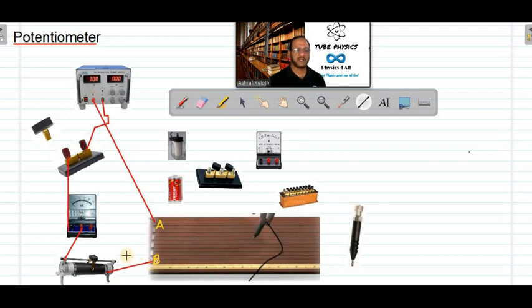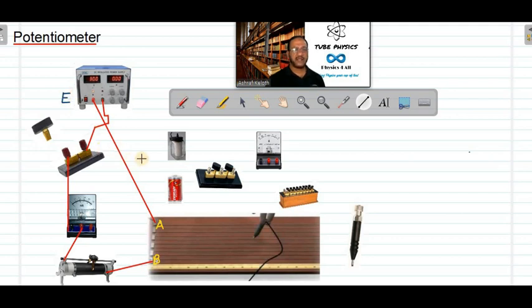This is primary circuit. Once again, from the positive of the power supply to the point A of the potentiometer wire, the negative of the power supply to the key, from the key to the negative of the ammeter, then positive of the ammeter to the rheostat, from the other end of the rheostat to the point B. So primary connection is over, and this power supply, suppose it is giving an EMF E volt. We will take E as the EMF of the power supply.